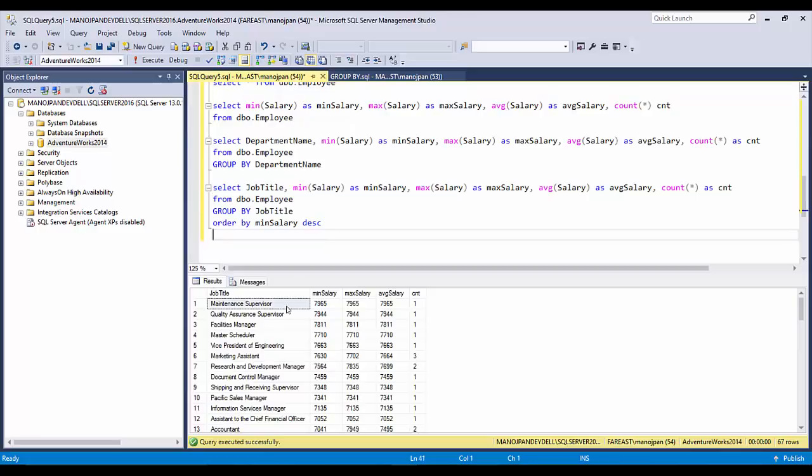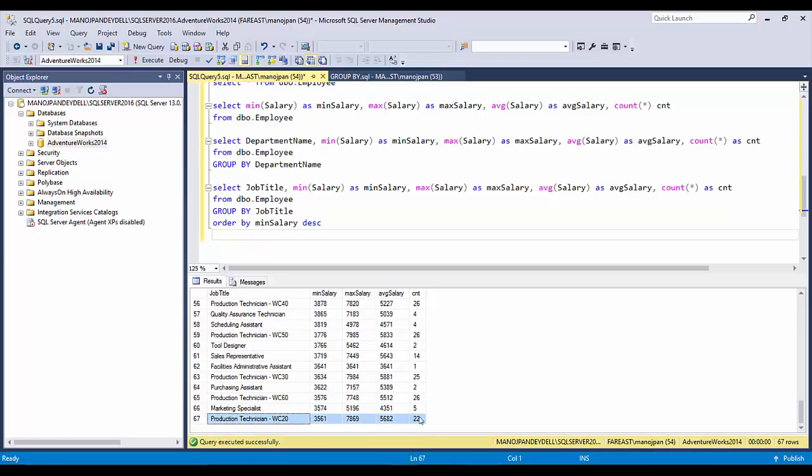So here is the maintenance supervisor. There is only one post for this title, so there is only one person across the company. So minimum salary is equal to the maximum salary and the average salary, all these columns are the same, because there is only one person working here and they are highly paid. Then you can see marketing assistant, three people are working, and the minimum salary is this, maximum salary is this. And if I go to the bottom, the least earners, the people getting the least salary,